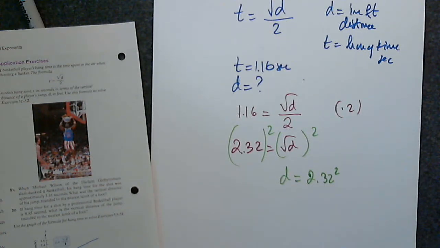That's a distance up in the air. So I grab my calculator and I square 2.32 and I get 5.3824. 5.3824 feet. So now,